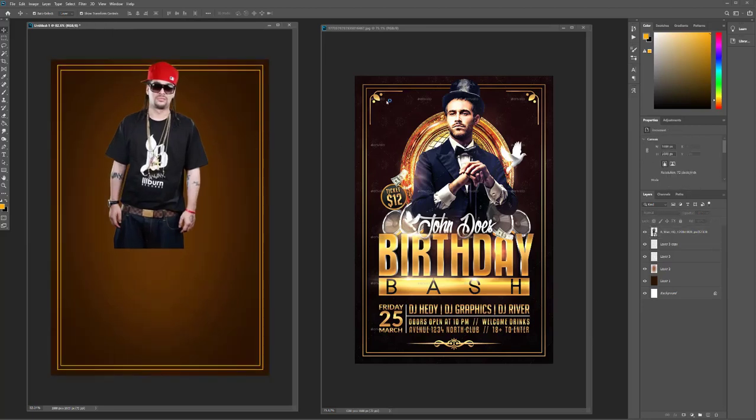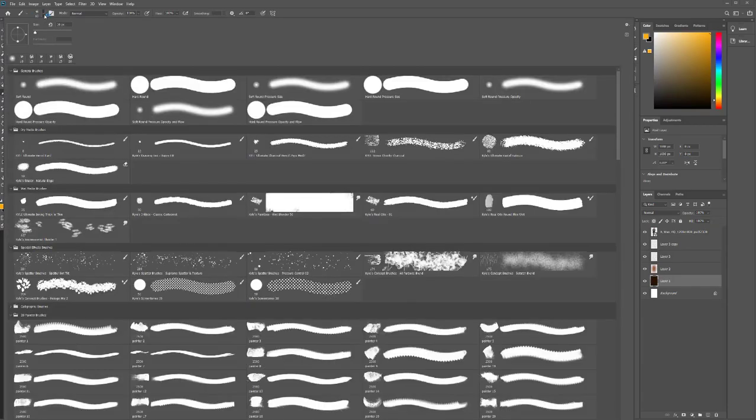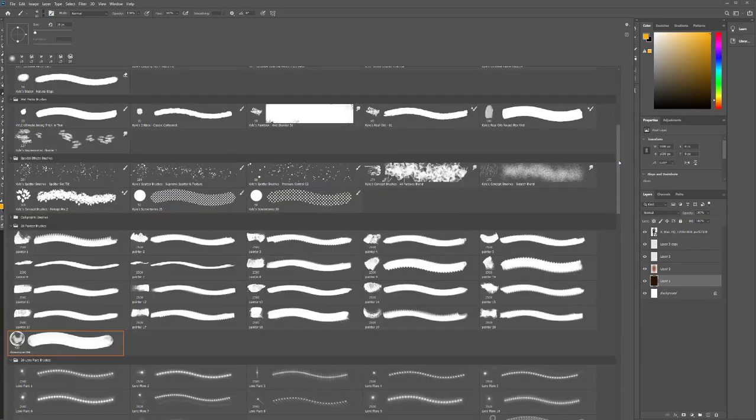All right. Now this right here, I'm not going to really concern myself about that. There's a few different things we can do to kind of get that look. We can use some brushes. Let me see. In this case, let's see if I can find some type of decorative brush. I'm gonna see if I got some type of decorations on here. I know I got a lot of brushes,